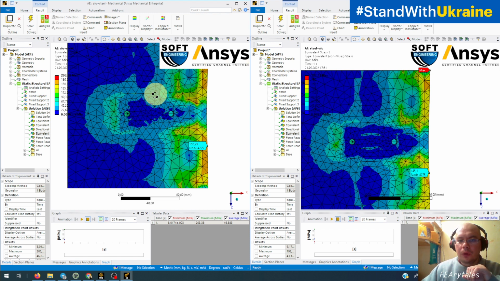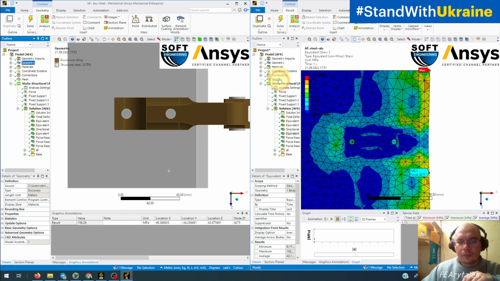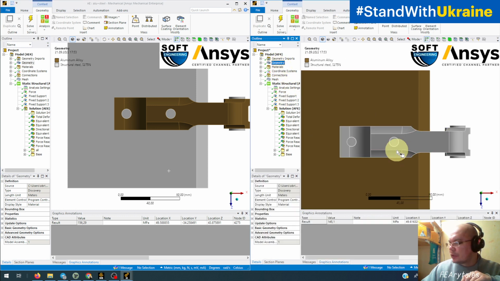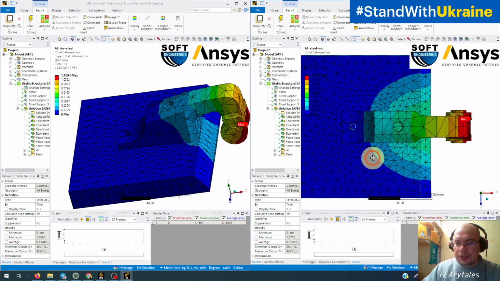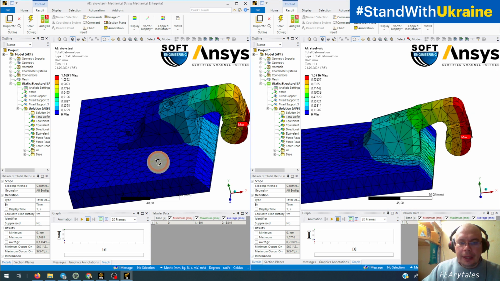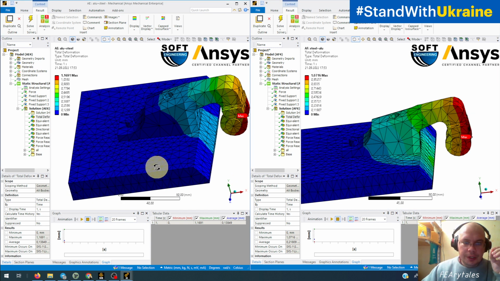But if we have one geometry and one material for the whole construction, we have one stress distribution for different types of materials. But if we have one construction and some parts have one material, some parts have another material, depending on the distribution of materials over the parts of our construction, we will have different stress distribution and different types of deformation. And this difference we obtain in linear behavior with linear material and linear contacts.